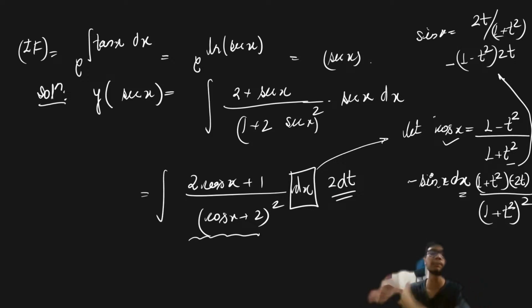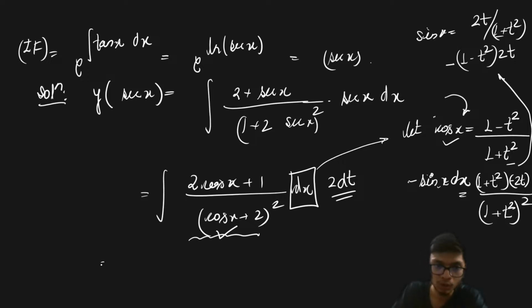Now I did some kind of different manipulation. This manipulation is basically related to trigonometry. If you recall, cos of 2 theta can be written in terms of tan theta as well, right? So that is what I'm doing over here. It is basically the half angle formula, and how well you handle the trigonometry part is totally up to you. You can solve this question the normal way by doing substitution also, but I did it in a simple different way, right?